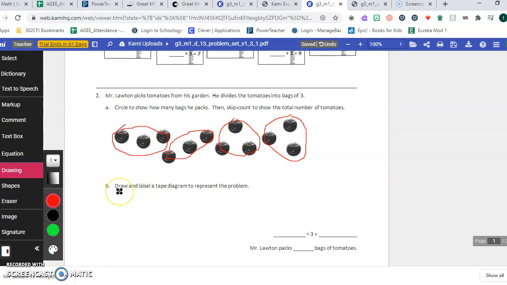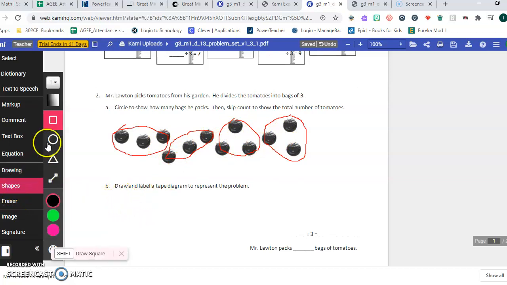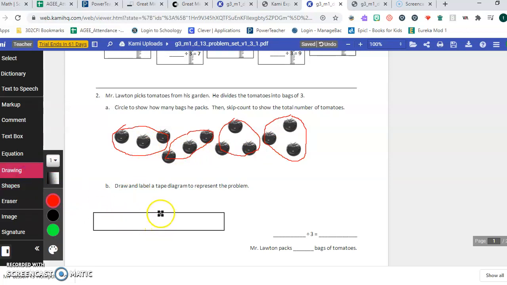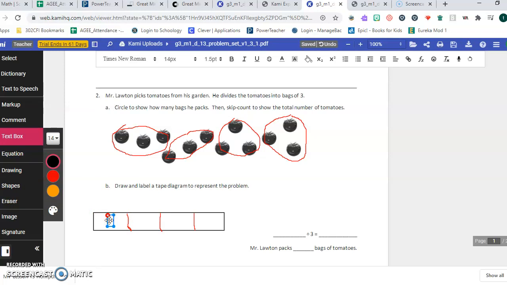Okay, now it's asking me to draw and label a tape diagram to represent the problem. I'm going to do a shape here. I'm going to insert a rectangle because the tape diagram is in the shape of a rectangle. Okay, and so I know that there are 4 equal-sized units, and in each unit there are 3 things. So 4 is an even number, so I can divide my tape directly in half, and then I can divide each half in half to get my 4 bags. So each of these units represents 1 bag, and inside each section, I'm going to put the number of tomatoes,